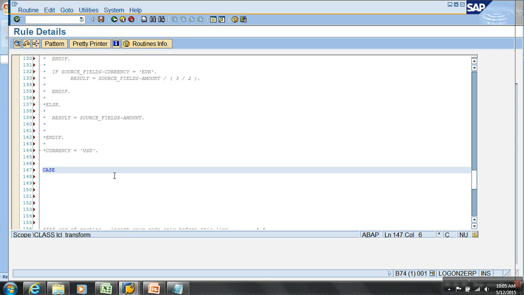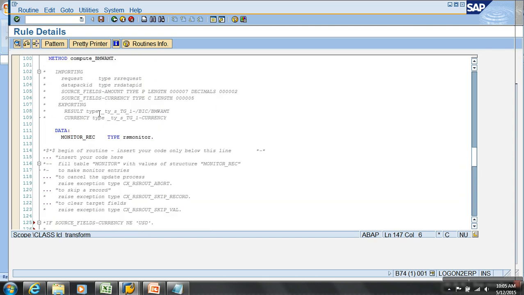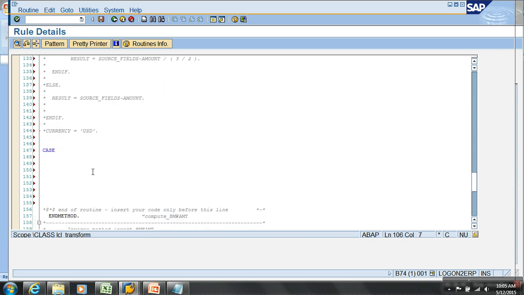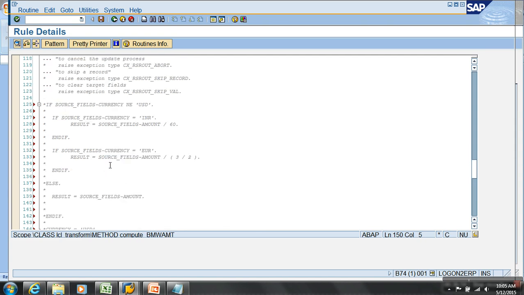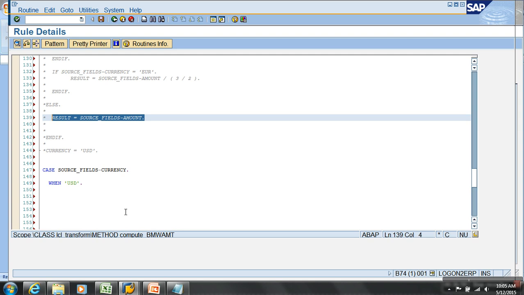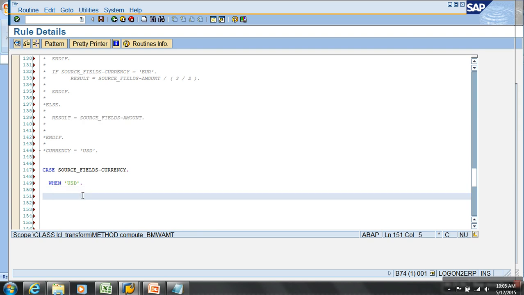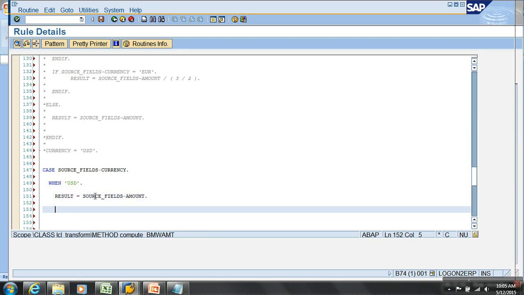Case what? Case source currency. What do you say? When USD, what logic do you want to do? When